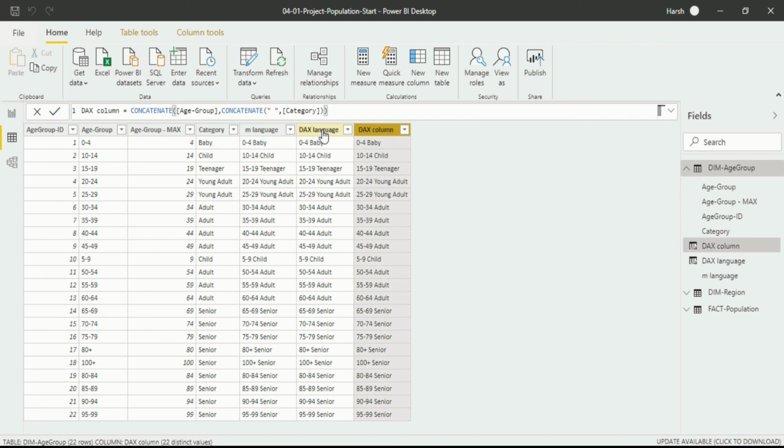So this is a nested formula, because I have made a formula within a formula. CONCATENATE is the formula which is written for the whole code, and for making a space I also wrote one code. So this is how you will write a code in Power BI desktop. But this is DAX language, and in the Power Query editor it is M language. DAX language is much easier than M language, because most of the M language is actually written by the Power Query editor itself, and it is a little bit different from Excel, while DAX language is comparable to Excel.